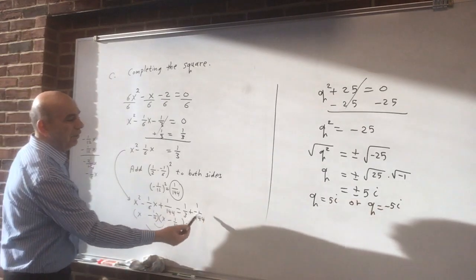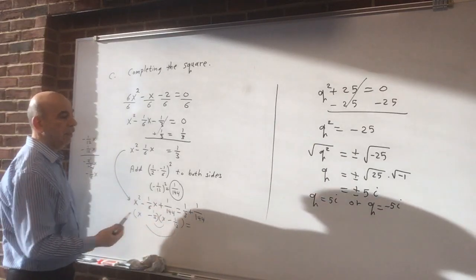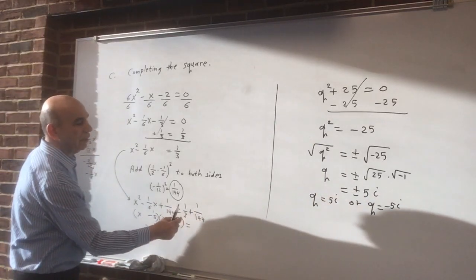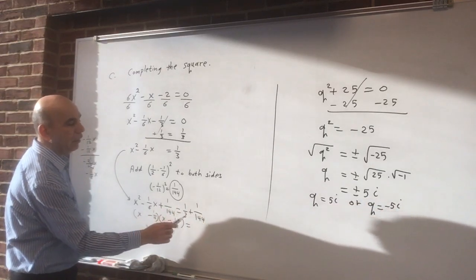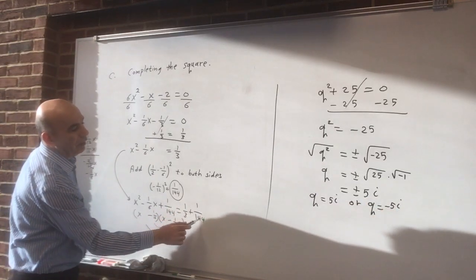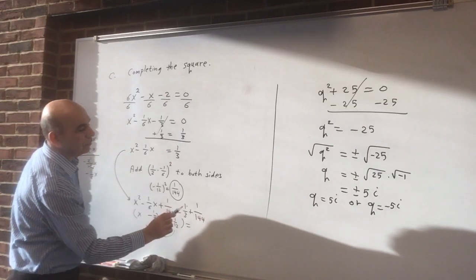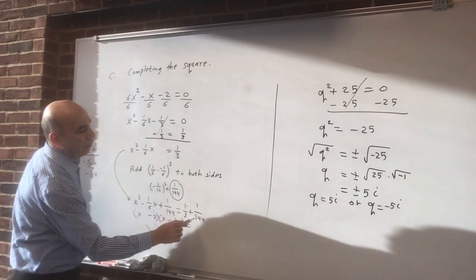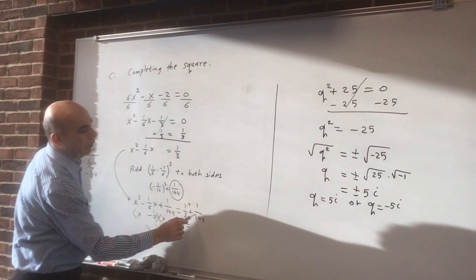Simplify the right hand side. Here, to add these two fractions, I need to make the same denominator. So we multiply this fraction by what, to make it the same one like this? So we multiply this by 4,